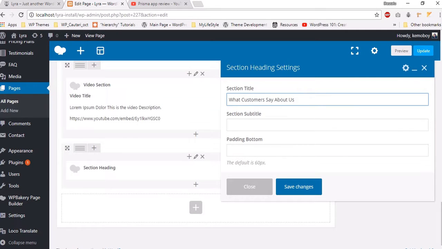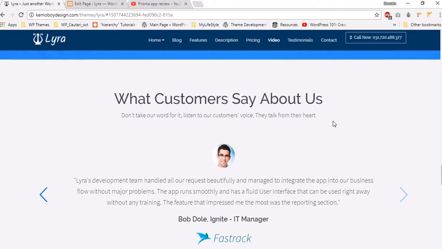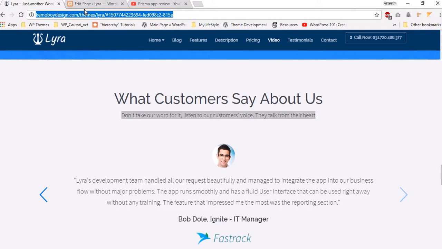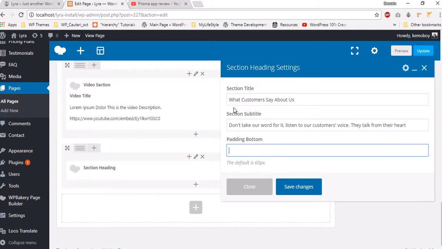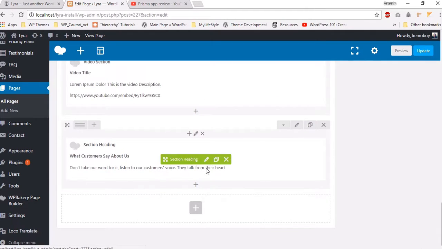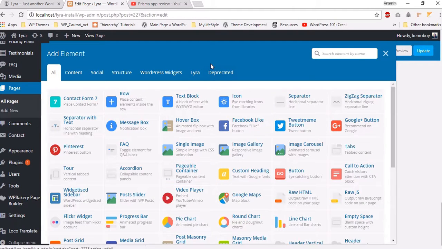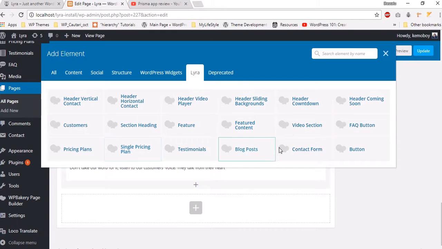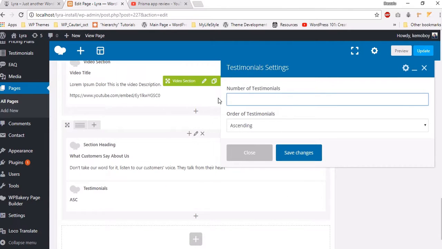Let's paste the title. Let's grab the subtitle, and the padding button will be the default of 60 pixels. And then you may want to add to this column as well, so click here. From Lyra you may want to add testimonials, and the number of testimonials can be whatever number you want. In our case I'll choose the three